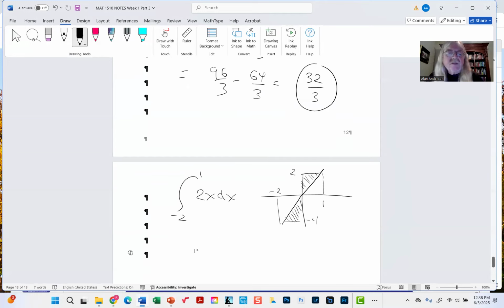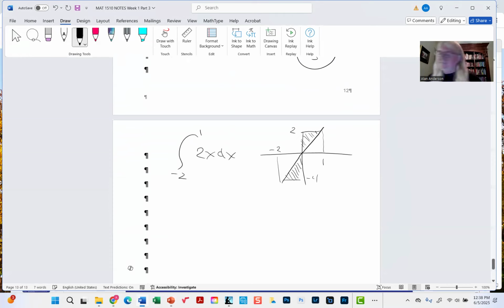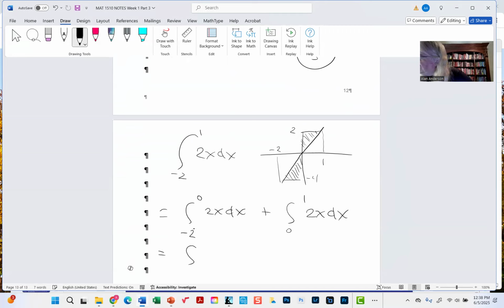To get both positive results, what we could do is this. So it could be rewritten as